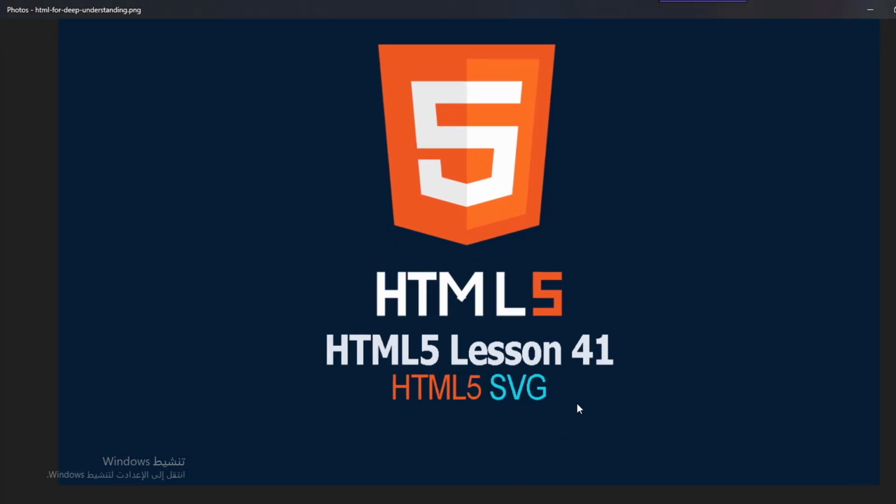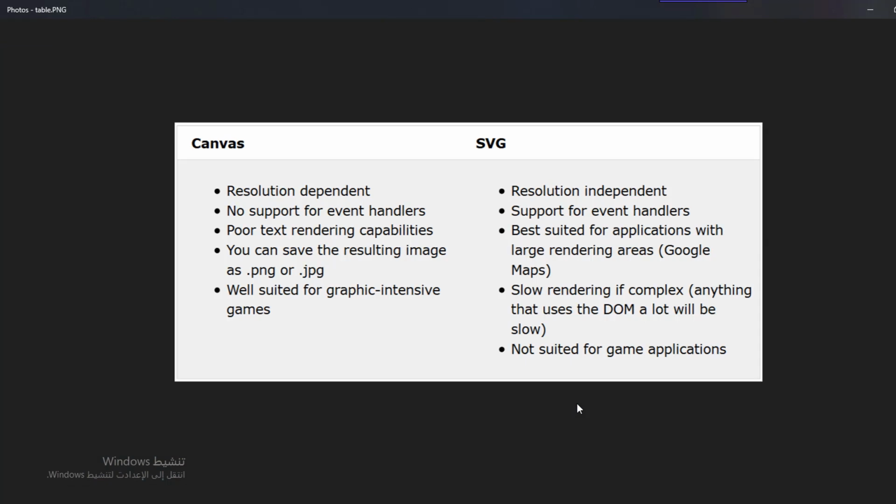Here we have a table that compares SVG and canvas. The canvas is resolution dependent, but SVG doesn't depend on the resolution. Also, the canvas has no support for event handlers, but SVG supports event handlers. Event handlers mean when you click a button, the SVG will do something for that, or if the page is loading, some event will happen with SVG, but the canvas does not work like that. Canvas has poor text rendering capabilities,